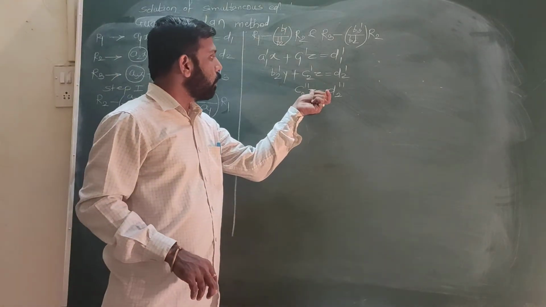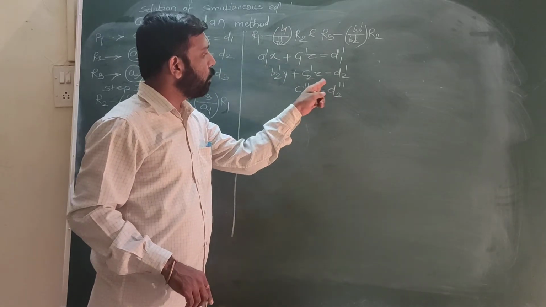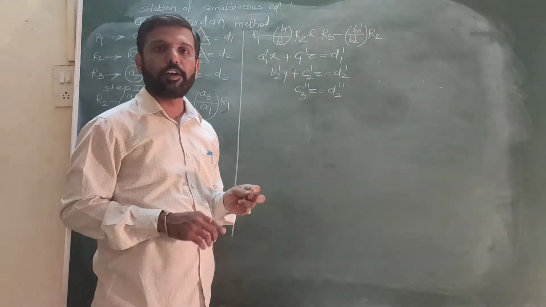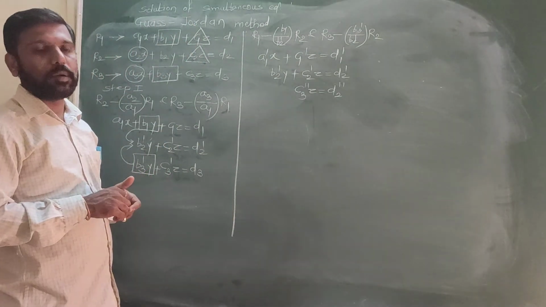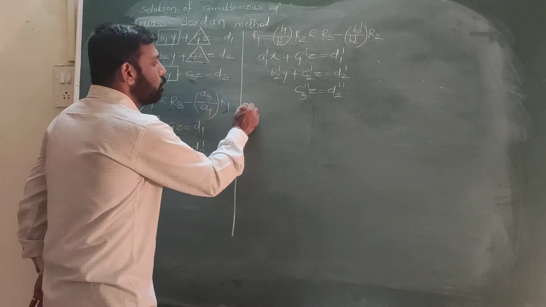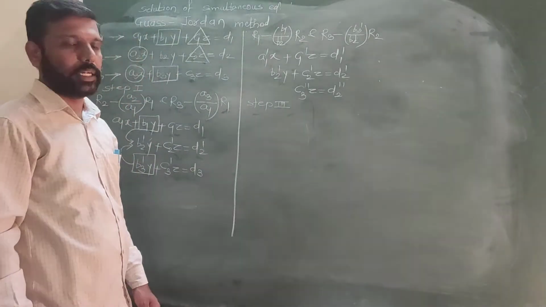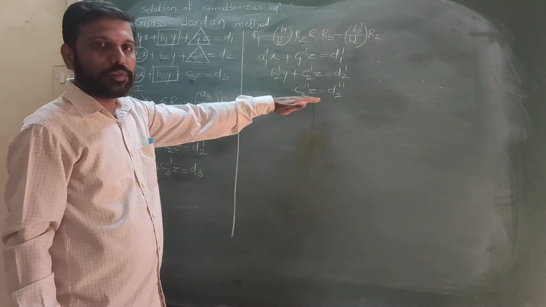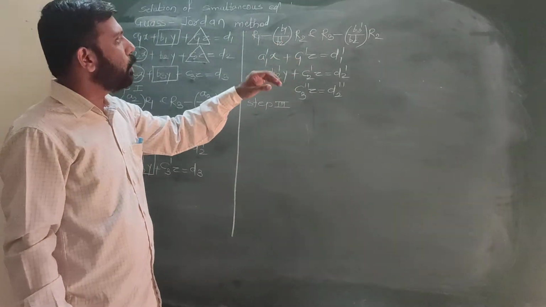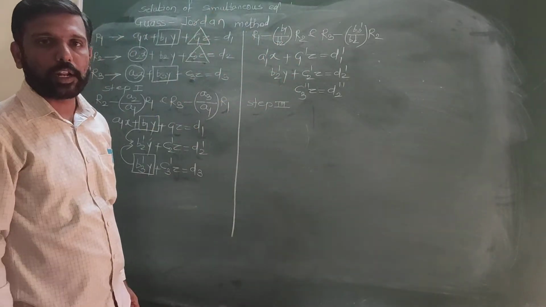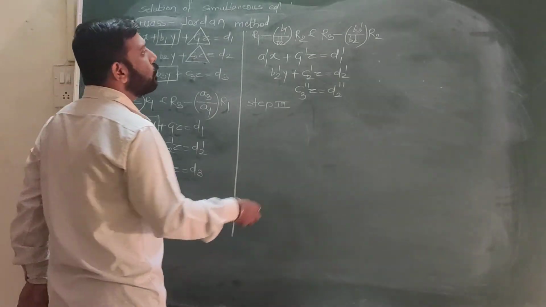Now see here, if we write down directly the value of z equals d2 double dash upon c3 double dash, this becomes the value of z. But the procedure of Gauss-Jordan is not yet completed. We have to perform step 3 and then we'll find the values of x, y, z. At present we can find the value of z, then y and then x in step 2, but this is not actually the procedure of the Gauss-Jordan method. In step 3, the Gauss-Jordan method is completed.